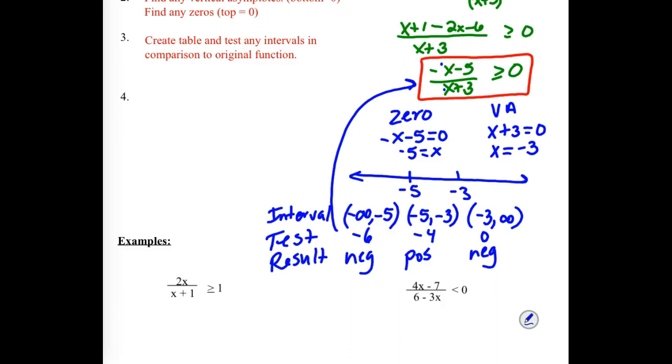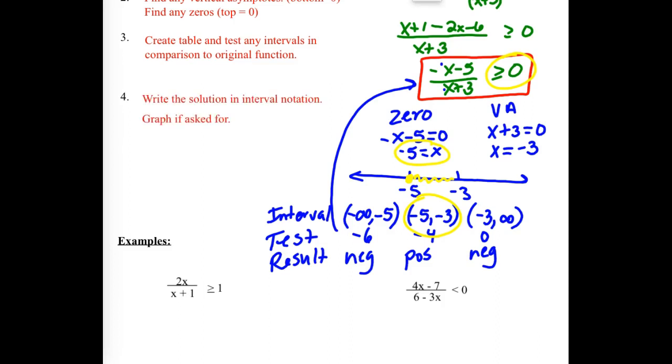Okay, now go back to the question here. We were being asked where we are 0 or positive, correct? Greater than or equal to 0. So intervals that work, we have this one, right? It made it positive for me. And we also need to worry about where we're 0, because we can equal 0, and we could equal 0 here. So we can be at 0 and anything in this interval, correct? So my solution,